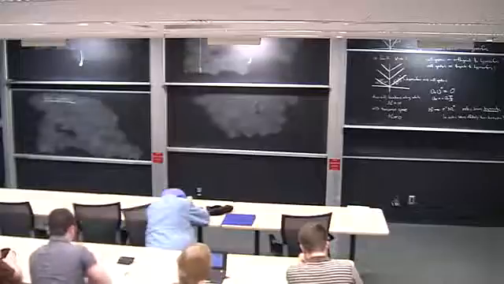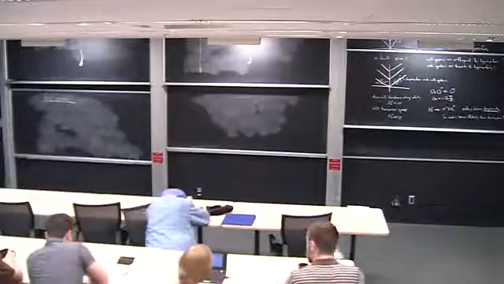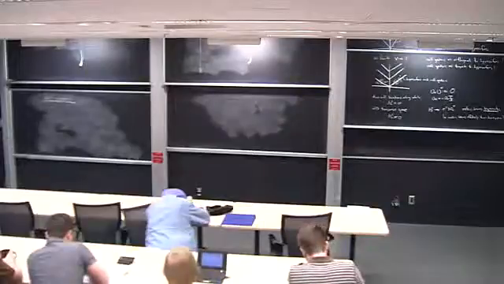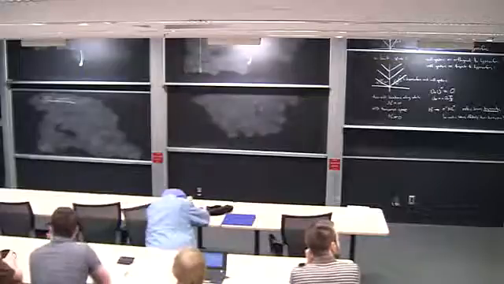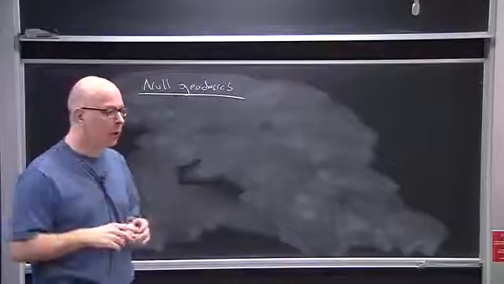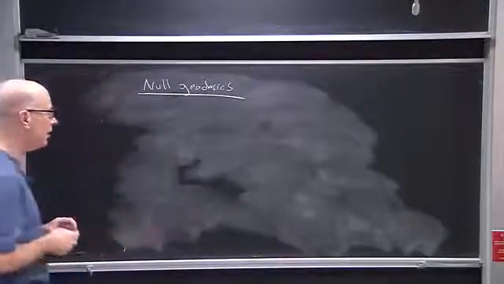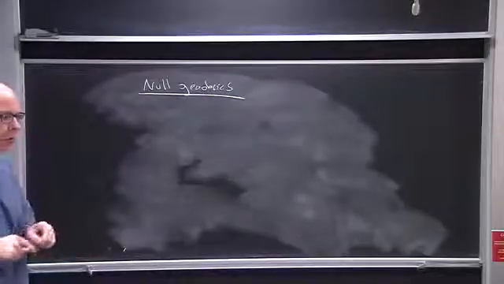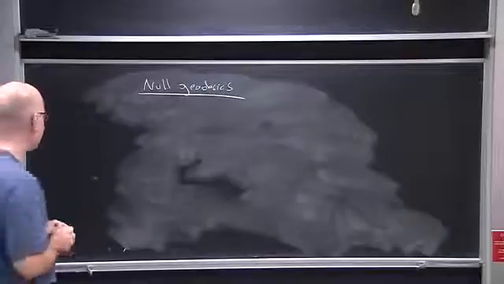So we're going to do it all again, but now with null geodesics. The good news is that the starting point is exactly the same. So all the setup that we did when we started to talk about geodesic deviation, all of this can be imported to the null case. There's nothing that needs to be changed in the null case. It's just that along the way we're going to have to basically face up to the fact that in the null case our vector is normal to itself, orthogonal to itself,